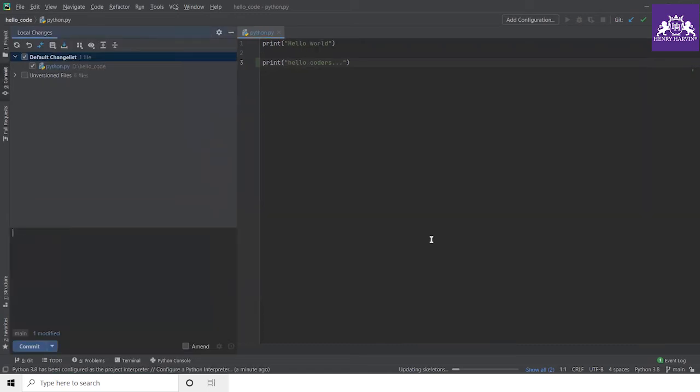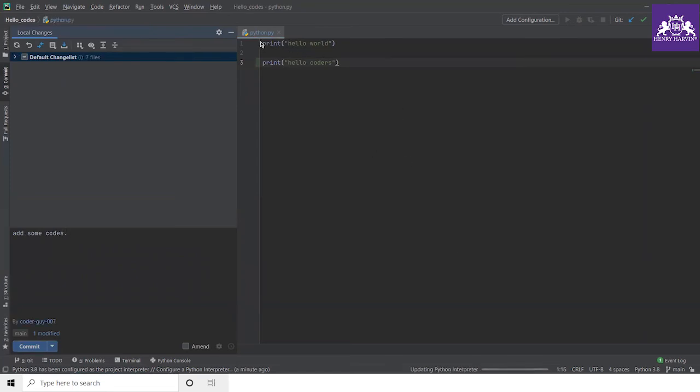When you click on commit file, it will ask you to add a comment for it. To add a comment, just write some meaningful line so that if any user comes to your GitHub profile, then he can understand what update you have done. So I write, added some lines of code. Okay, and just wait for a while because it may take some time.